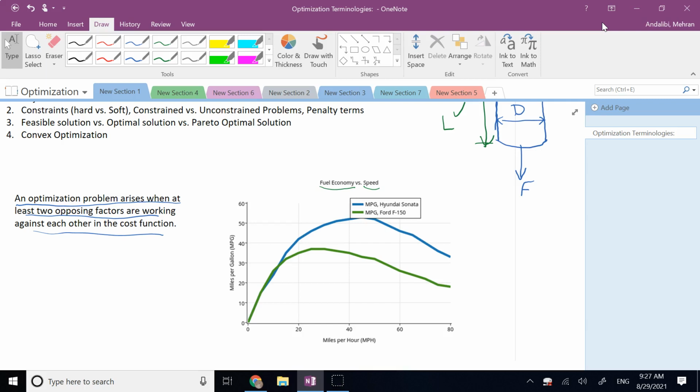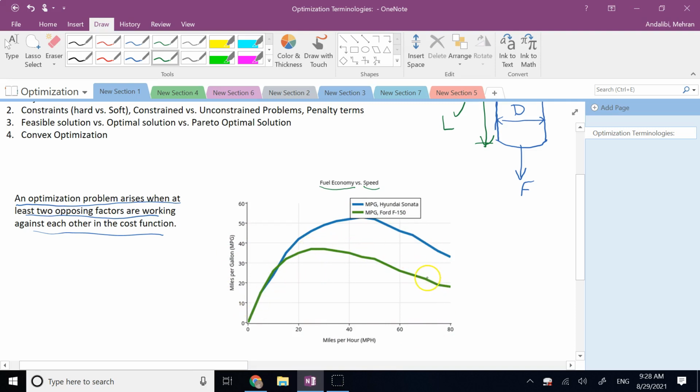The air drag on your car depends on your velocity squared, or speed squared. So the faster you drive, you have more friction from the air around the car, and that means you're burning a lot of fuel just to overcome that air drag. So it's a combination of several factors: lubrication, thermal expansion, rolling resistance, air drag, and so many other things, all working together. And if you draw a plot of miles per gallon versus your speed, you're going to see a curve